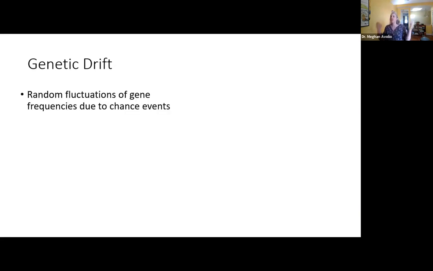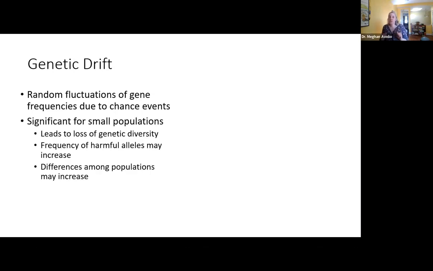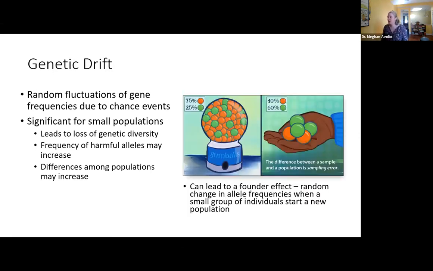Another way that gene frequencies can change through time, another mode of evolution, is just genetic drift. And genetic drift is random fluctuations due to chance events. Genetic drift is really important for small populations. So we're thinking about rare populations or species that have lost a lot of numbers through habitat fragmentation. This can be a much more important process. Genetic drift is just random changes through time. There's nothing driving it. It's not necessarily beneficial. It's not necessarily not beneficial. It's just change through time. And it's really important for small populations.